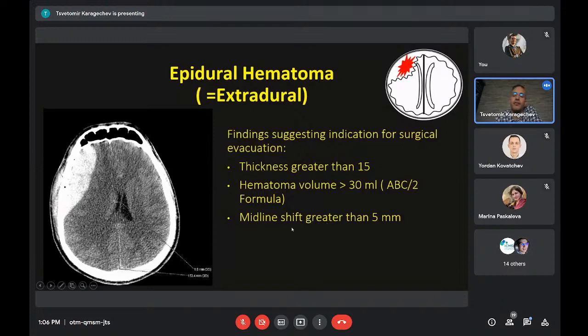So midline shift greater than 5 millimeters. These are all findings that when you see them, we need to pick up the phone and call the neurosurgeon, because he definitely wants to know whether to operate immediately or not. It's his decision. There are a lot of other factors. I'm sure that many of you are aware of the Glasgow Coma Scale with the clinical evaluation of the patient, but these are things from the radiologist's point of view that we need to recognize and report.